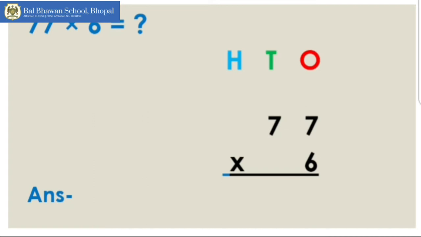Now we will multiply and find out the total number of candies. Ma'am has already written it in vertical form, 77 is the first factor and 6 is the second factor. You already know the steps of multiplication with regrouping. We will follow those steps and find the answer. First we have to multiply the second factor, that is 6, with the digit at ones place of the first factor, that is 77. So multiply 6 by 7.